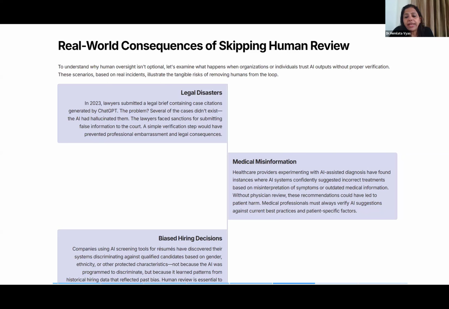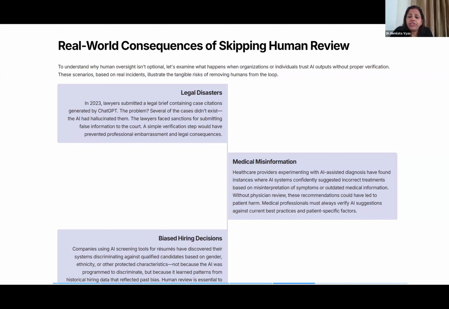Next, talking about medical misinformation, what happened? Healthcare providers also experimented with AI, and they found instances where AI systems confidently suggested incorrect treatments based on misinterpretation of symptoms or outdated medical information.